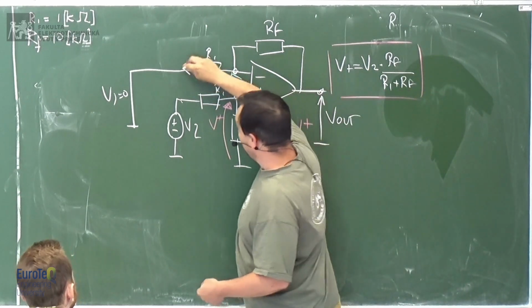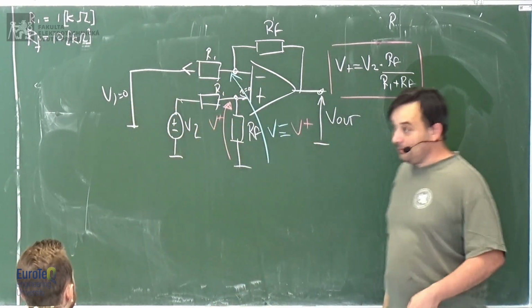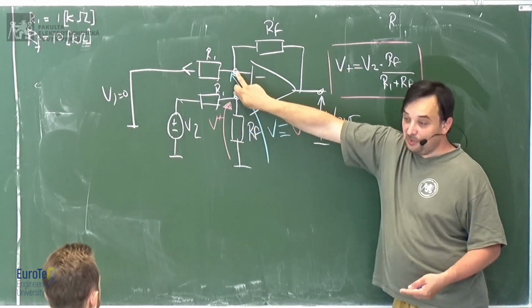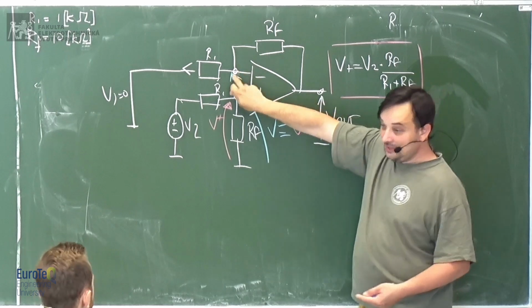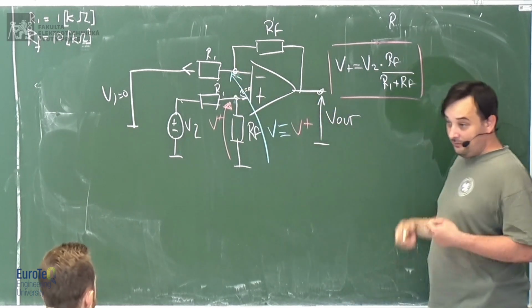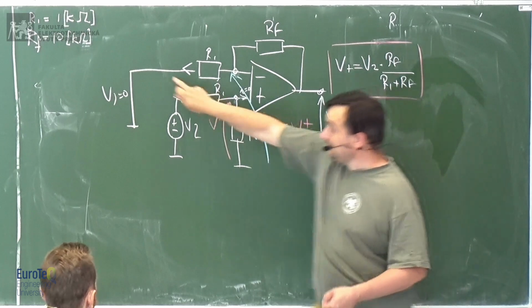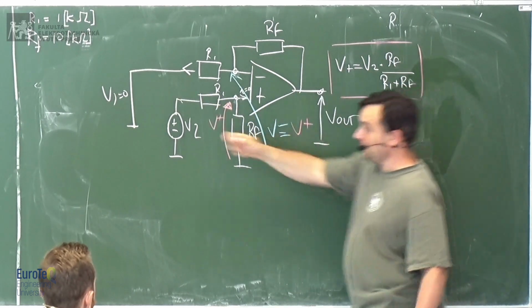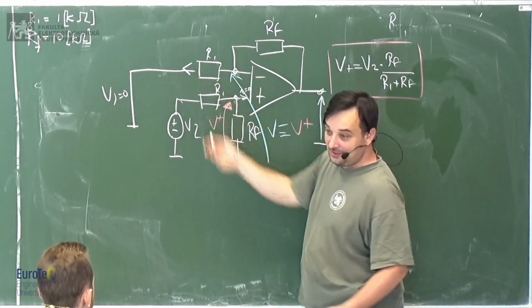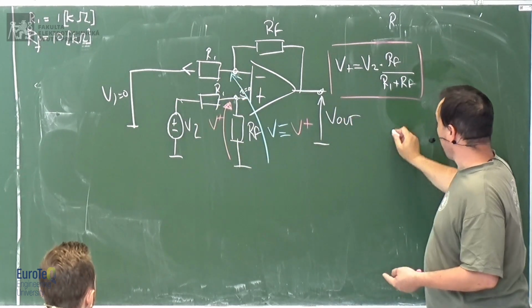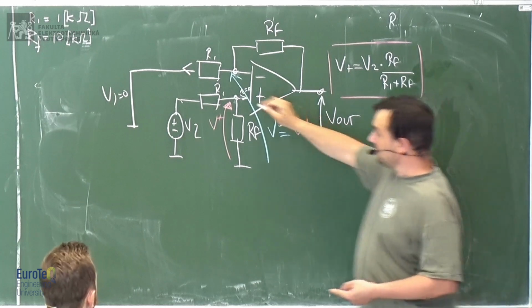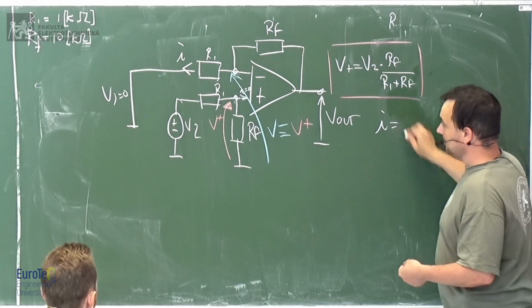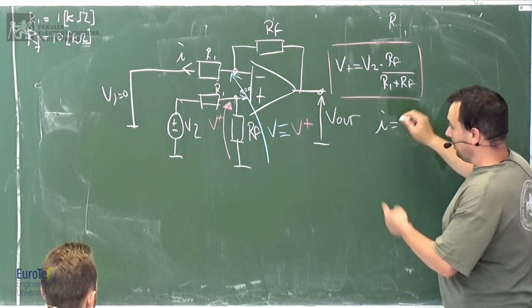It's in the opposite direction because it's not a current which comes from V1, but it's a current due to the fact that this point is not at 0. This point now is at V plus voltage, and now this point is at 0. So it's reversed. Usually we have V1 and this point at 0, but now it's reversed. So now you have a current. This current, let's call it I, and this current is given by